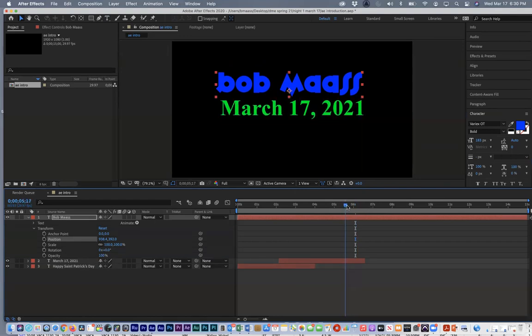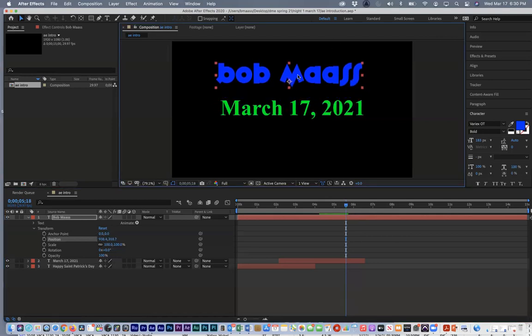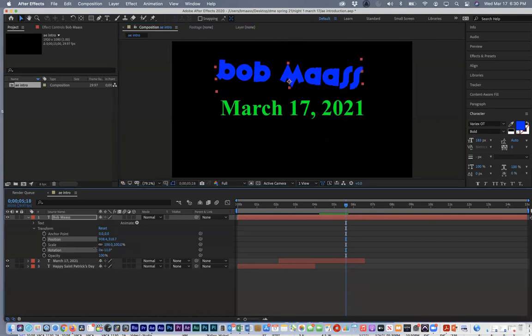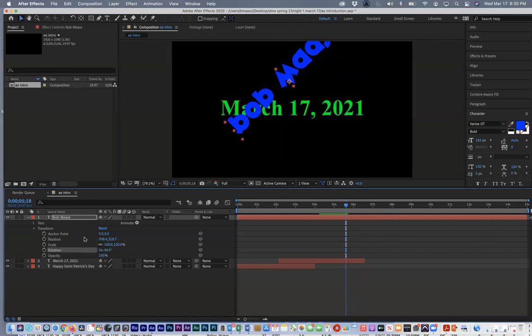So I think about when that one starts moving down, I want to change my anchor point. See this right here? That is an anchor point. So if you do rotations, that's where it's going to rotate from. If I come here, you can see where it's going to rotate from. So I actually want to move that up a little bit. And see these blue ones down here? If you click and drag, you can move and change